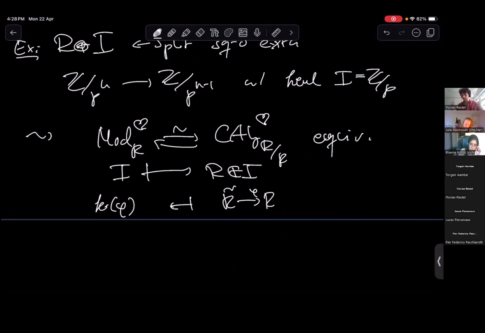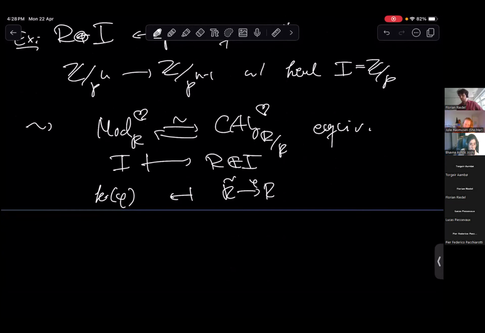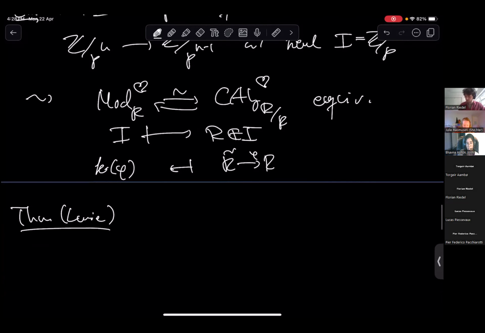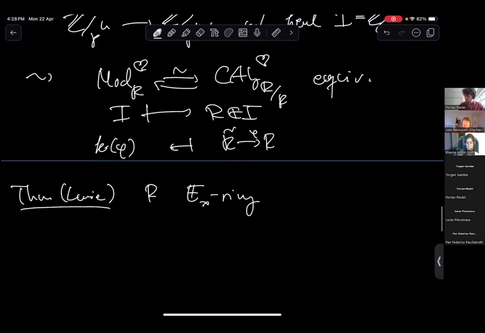And now to get this sort of deformation theory in E infinity land, or to make sense of a square zero extension in E infinity land, we can kind of cheat. We don't really know how to write this down in terms of equations. This is hard. But we can just promote this observation to a definition. And there's a theorem by Lurie, which says that if R is an E infinity ring, we also have an equivalence. I can just remove the hearts in this above thing between R modules and